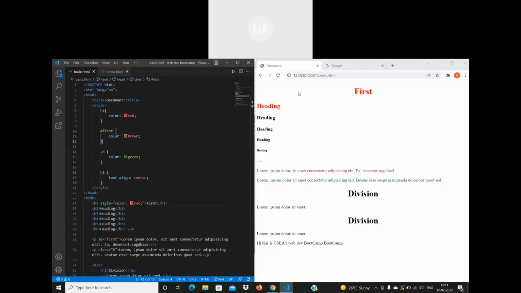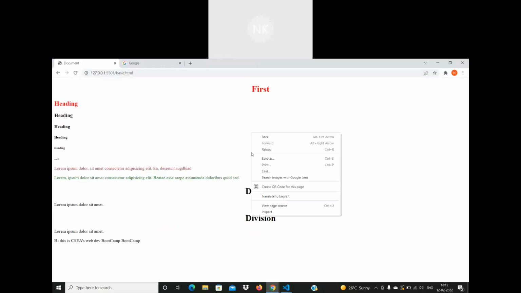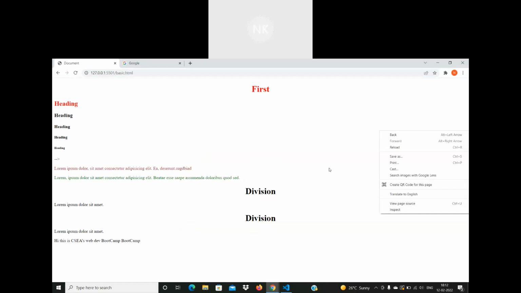And now I want to show a good feature of Google Chrome, which is the developer tools. So now, let me make this big. If you right click and inspect, or you can click F12, so